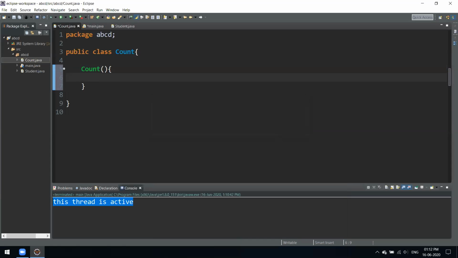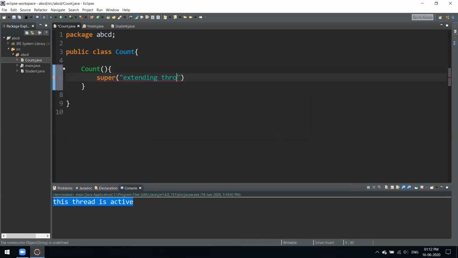First we'll do super, extending Thread. Now just try to follow along with me for some time. I'll explain everything once we finish writing the code.